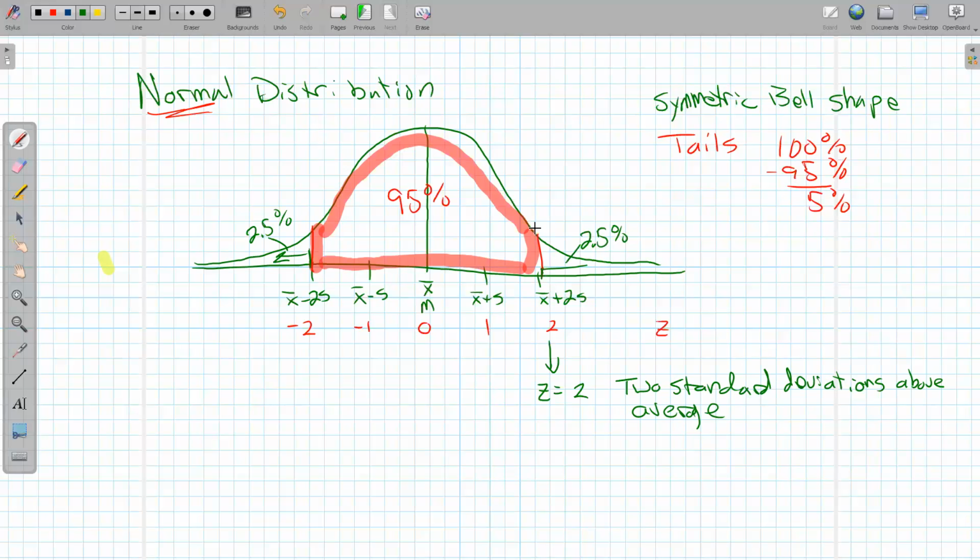Now I also know that they are at the edge of that middle 95%, and there's that additional 2.5% below that. So 95 plus 2.5 means that